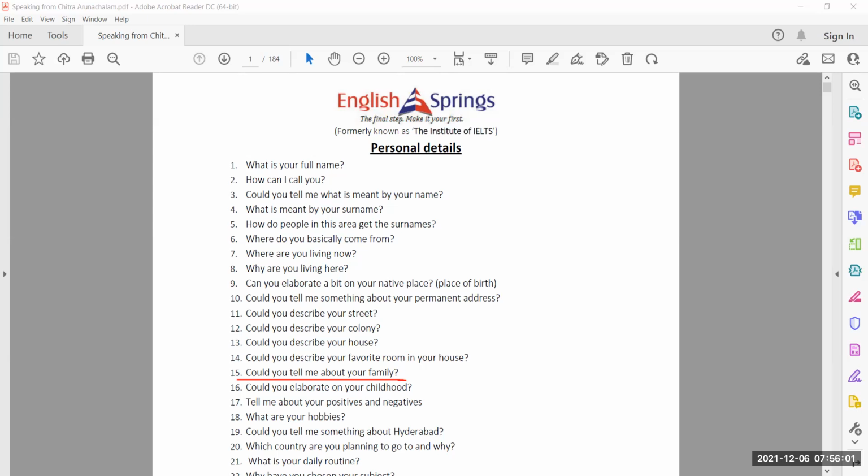In my family, my mother is a homemaker. She used to prepare a lot of delicious food for us, and my father is a caretaker. He tells about what are good and bad in the society. We have grown up learning from my father, and I have one sister. She is very supportive to me.